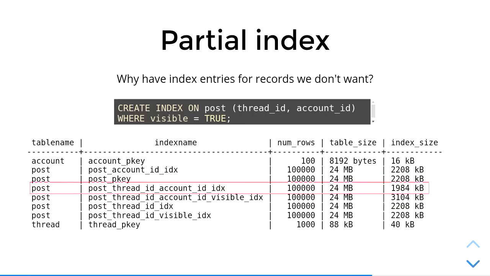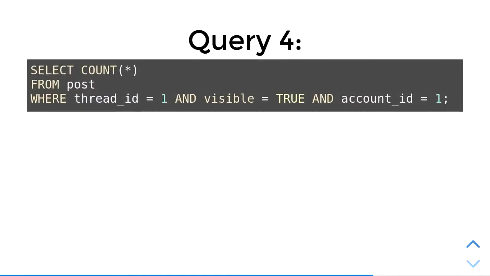This gives us an index that is now, oh look, we've saved 300K. Not a huge amount, but it's an amount and it's a bonus. So what does this do for query number 4? Well,